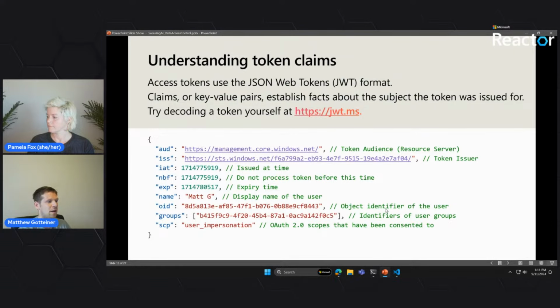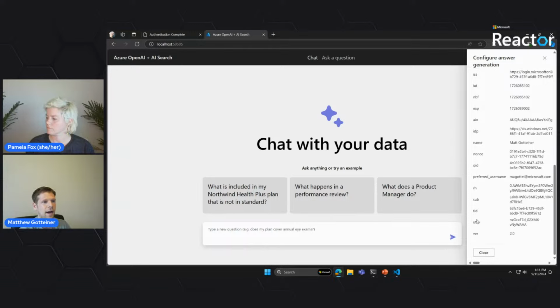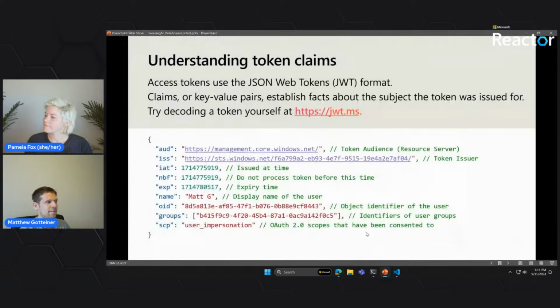But basically what these are is they are cryptographically verified to be from Microsoft Entra ID. They can't be forged. So I can't just take an arbitrary JSON object and say, hey, I am this person, let me in. It has to actually be issued by Microsoft Entra ID. So the advantage of using all these claims is that, hey, this guy really is who he says he is.